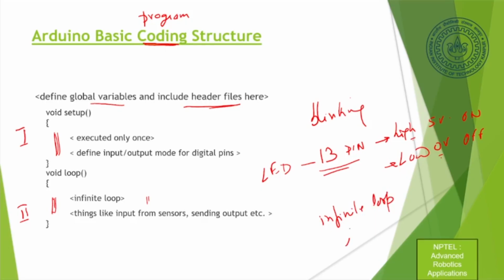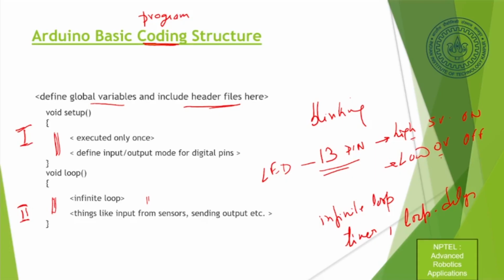Now I can also put a timer. I can put other loops. I can put delays. So I hope you understand the basic structure of the Arduino code. It has two parts. One part tells the board which pin is supposed to do what. The second part is the actual program which is running the task that you wanted to do.